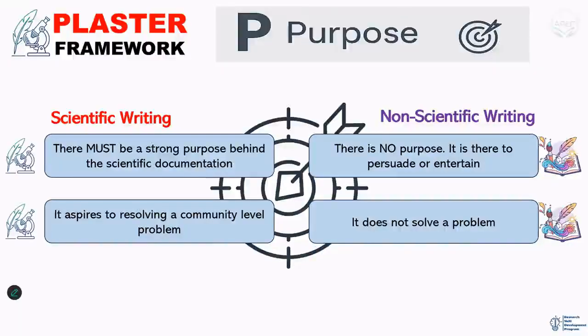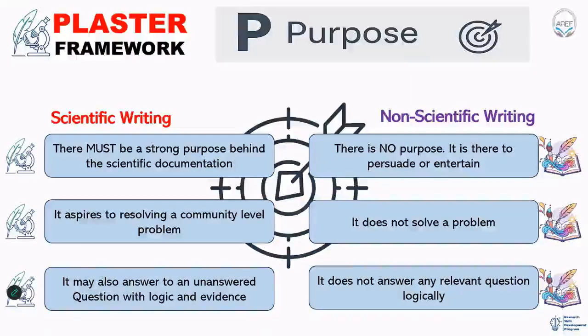If it is not there, then it goes without saying that developing that scientific writing skill will be a problematic thing. And while we do non-scientific writing, we are not actually solving a problem. We just write as a kind of requirement, as somebody has asked us to make an email of that kind or write a story. It is not actually any kind of fiction writing. Let's take that example of fiction as a comparison to our scientific writing skill. It doesn't solve any problem for that matter.